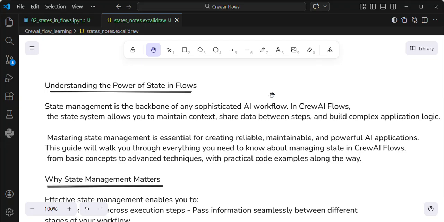If you understand state in this video, it will also help you understand other frameworks. If you are going to learn any other framework in future, this understanding will help you a lot, because state is common in other frameworks also. For LangGraph we say graph, in CrewAI we say flow, but in both state is common. If you understand state here, it will help you understand state in LangGraph also.